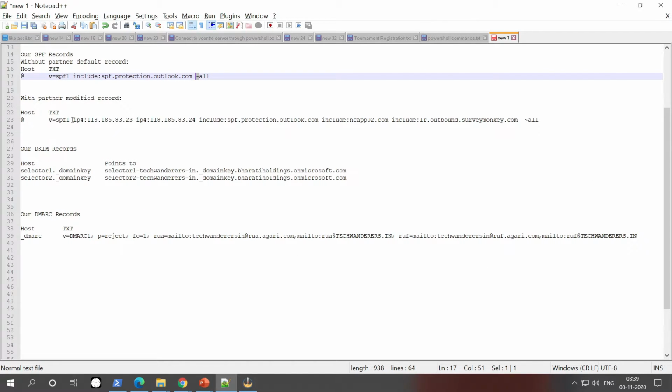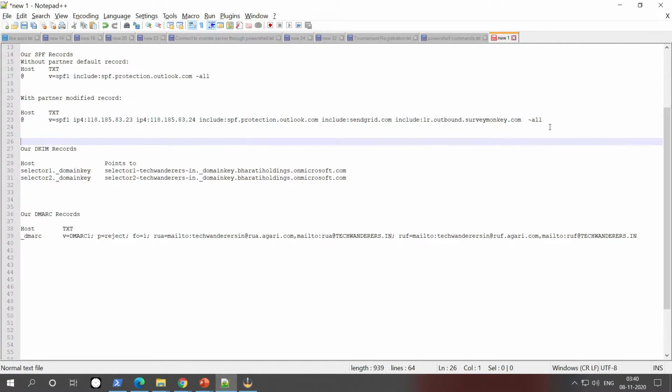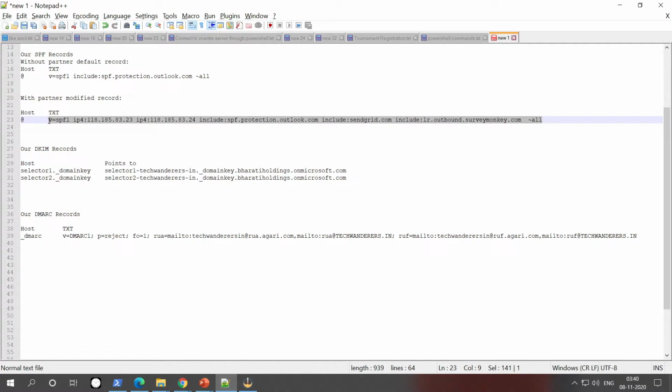As I mentioned, I have some printers sending emails directly to the MX, and I have some partners sending email on behalf of us. Here's one partner, SendGrid, and the second partner is SurveyMonkey. I will copy this record for my own use. I will not use the default one.